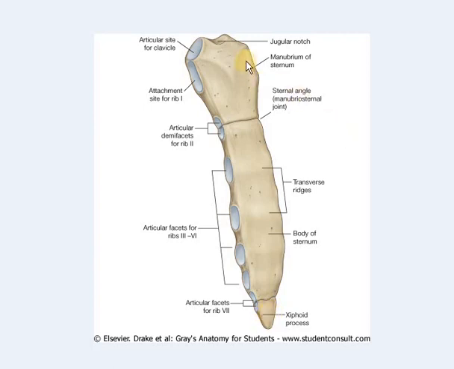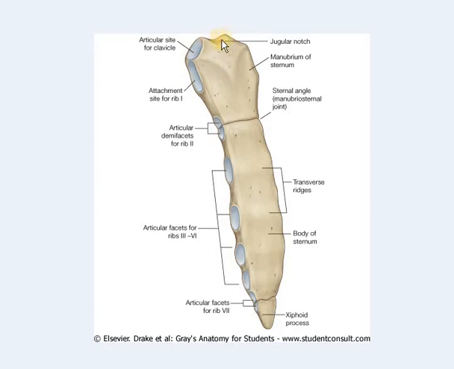So first we will see the manubrium part of the sternum. What are the general features of the manubrium? As you can see in this picture, the manubrium is quadrangular in shape. It has two surfaces, the anterior surface and a posterior surface, and it has four borders. This one is the superior border or upper border, this one is the inferior border, and this one is a lateral border, and this is also a lateral border. So it has four borders: superior, inferior, and two lateral borders.